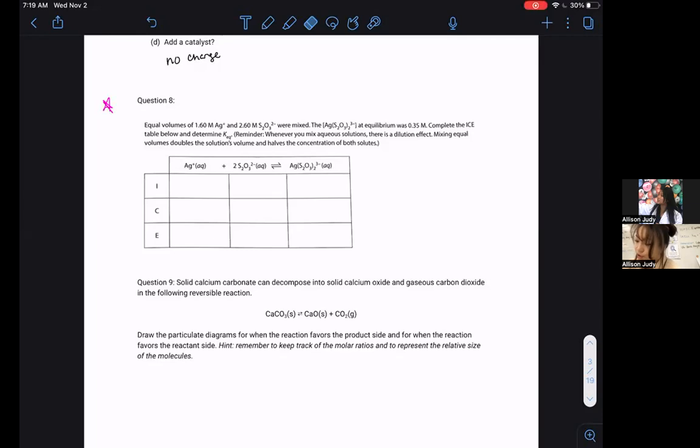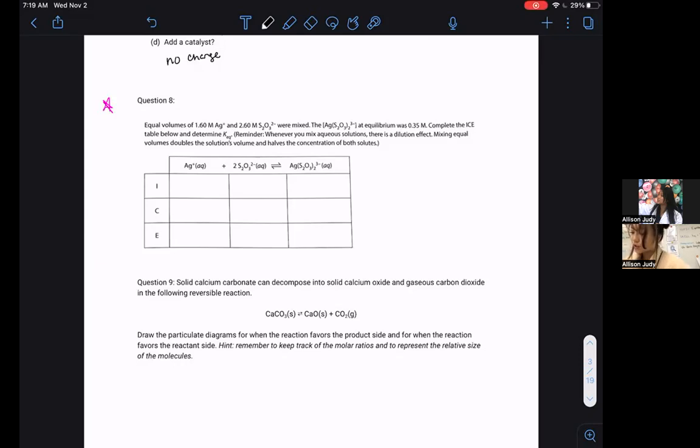So what we have to do is we're told our initial and we're told our final equilibrium value, but actually for only one of the reagents. And we need to determine the total equilibrium concentrations for each respective reagent in order to plug it into the KEQ expression. But here's the catch. We mixed two things. So we actually need to find the diluted molarity of the two